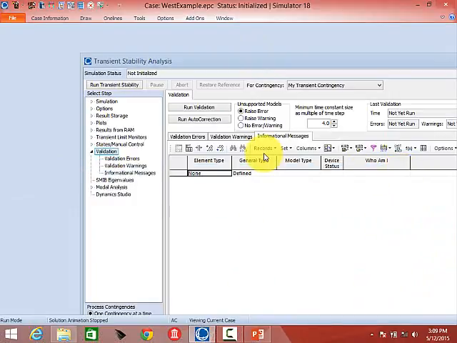Usually you will seldom go to this display on your own because PowerWorld, when you click Run Transient Stability, will automatically run a validation on the case. So you cannot run a case without having some validation run on it, because we don't want the bad stuff